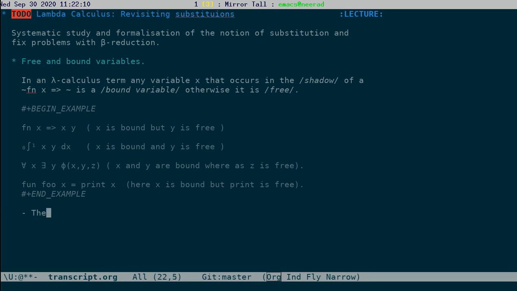First, the value associated with the term depends on the free variables but not on the bound variables.